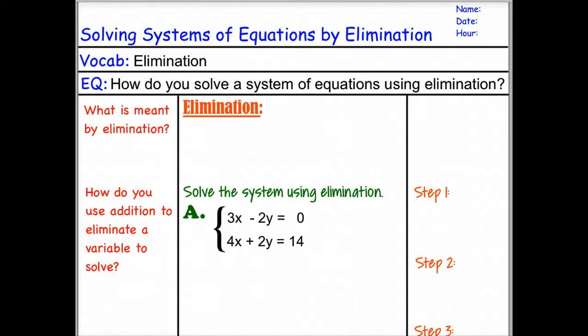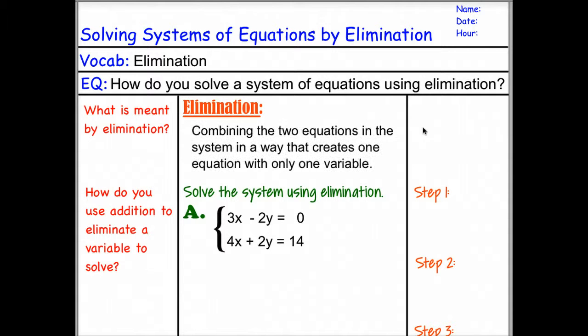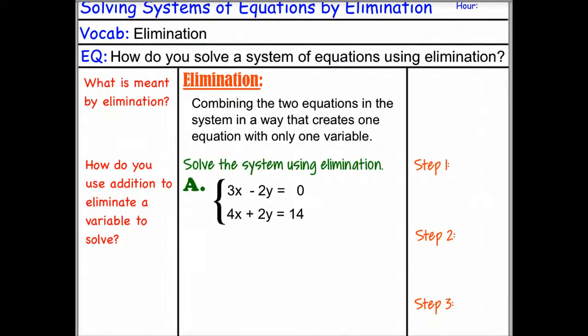The previous learning targets this unit have been dealing with solving systems of equations using graphing and using substitution. This next learning target, which is our last learning target for this unit, is on solving systems of equations by elimination. What we mean by that is we combine the two equations in the system in a way that creates one equation that has only one variable. Then that way you can solve for that variable, stick it back into an equation to get the other variable that you're missing. So if we take a look at this first example,